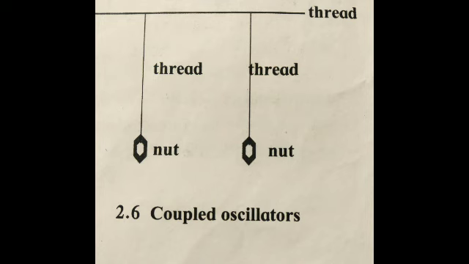You will see that as the speed of oscillation of the pendulum slowly decreases, the second pendulum, which was initially stationary, begins to swing. Thus one pendulum transfers its energy to the other pendulum.